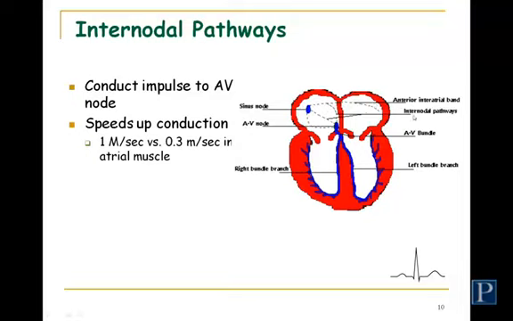And you also have what we call internodal pathways. Why do they call them internodal pathways? If you look at this line, we're seeing it go from the SA node down to this structure here, which is the AV node. So it's between nodes. This electrical activity is going to be spread out this way, out here, and also simultaneously down to the AV node.